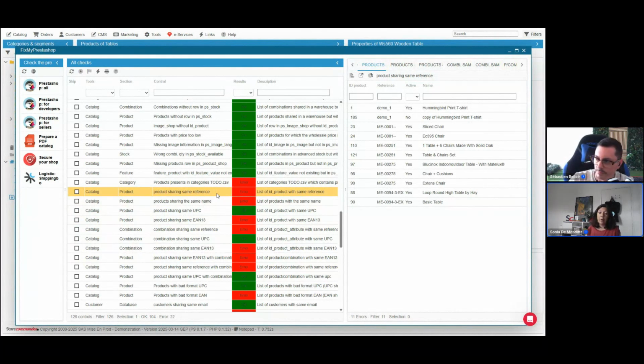Or if you publish on marketplaces as well, you do have to have the correct barcodes and the reference, or they're going to be refusing your products to be published on marketplaces. So there are some that really have really strong restrictions. So you have to be